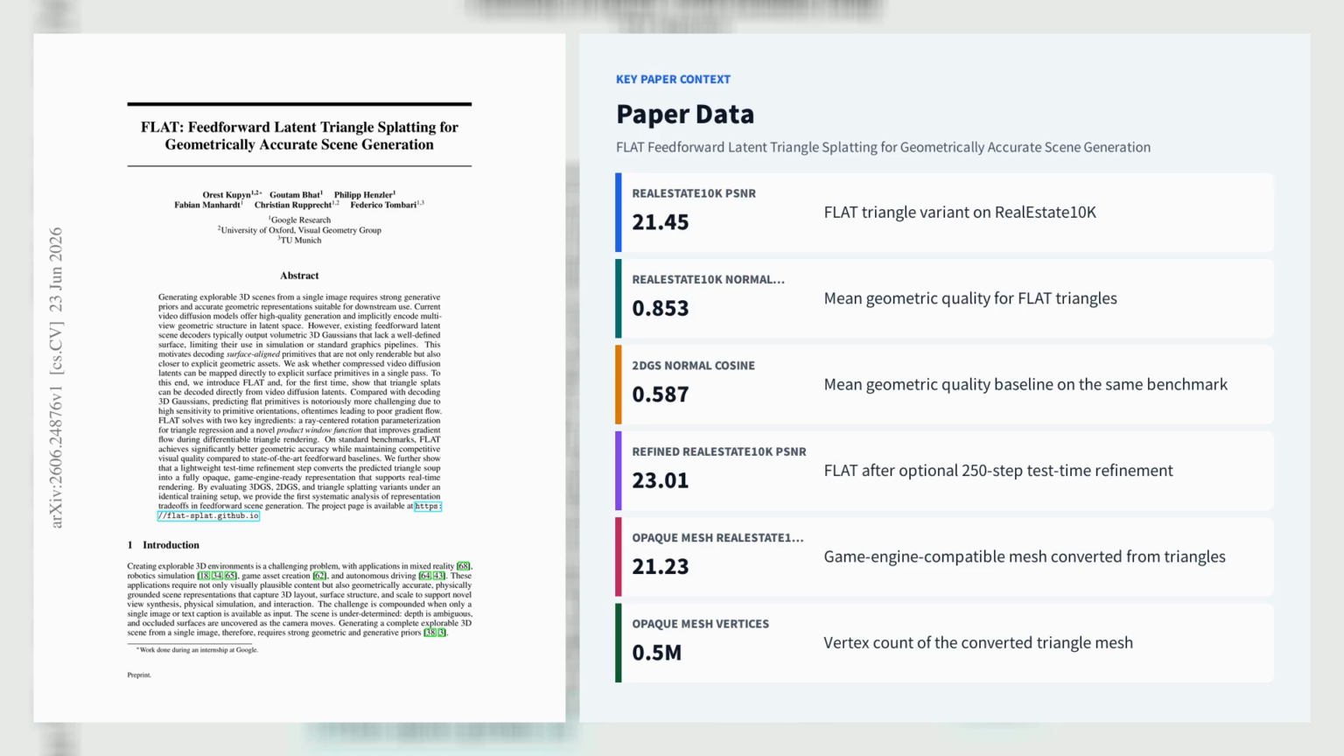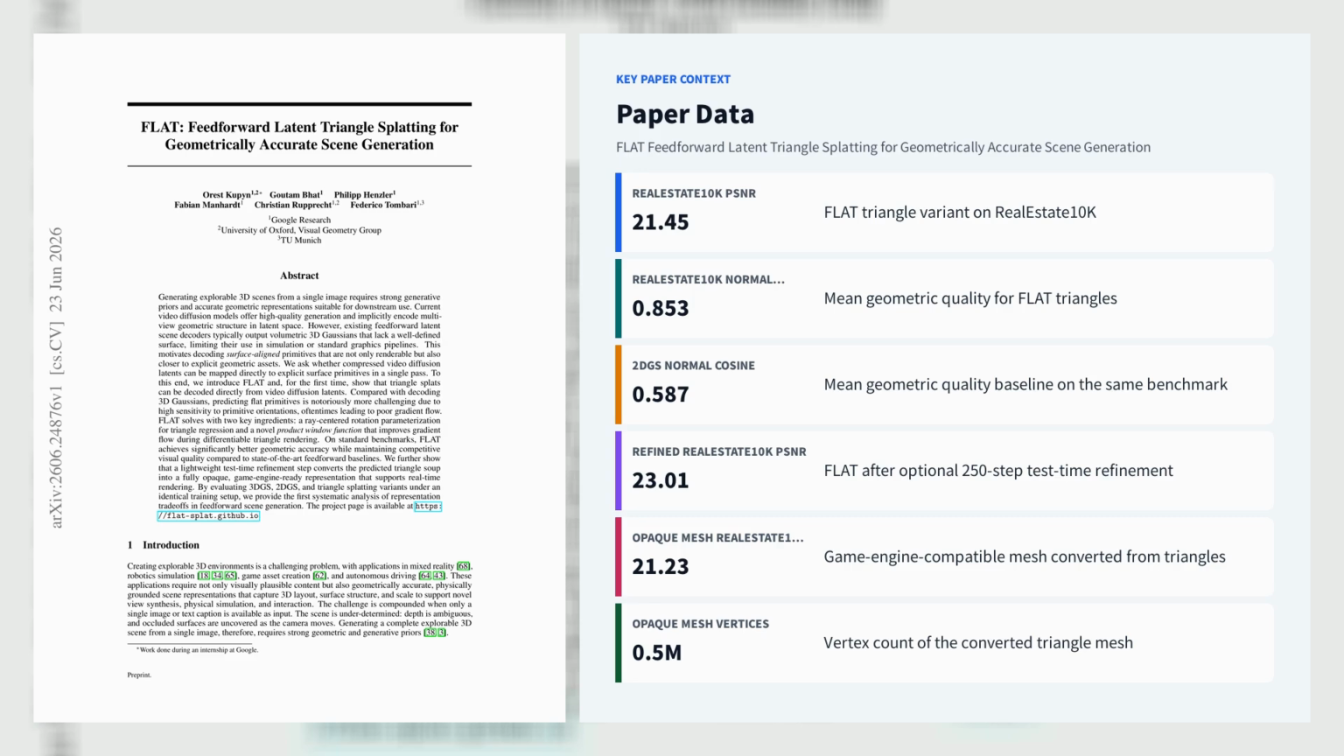On RealEstate10K, it reports 21.45 PSNR, 0.71 SSIM, and 0.245 LPIPS. With the optional 250-step refinement, it rises to 23.01 PSNR and 0.79 SSIM. For game engine compatibility, FLAT converts its triangle soup into an opaque mesh. The resulting meshes use 0.5M vertices and achieve 21.23 PSNR on RealEstate10K, outperforming 3DGS mesh extraction by